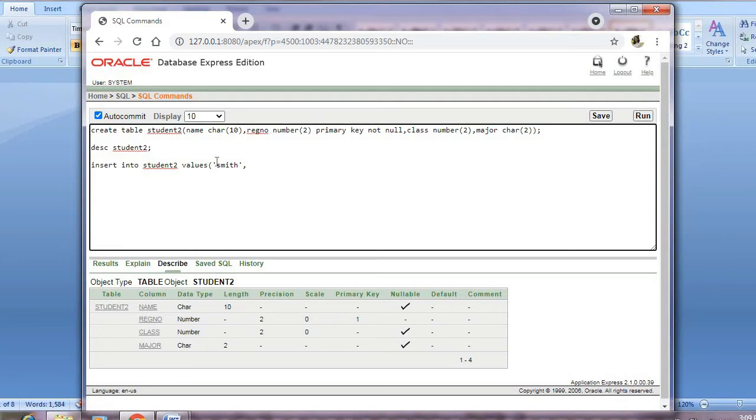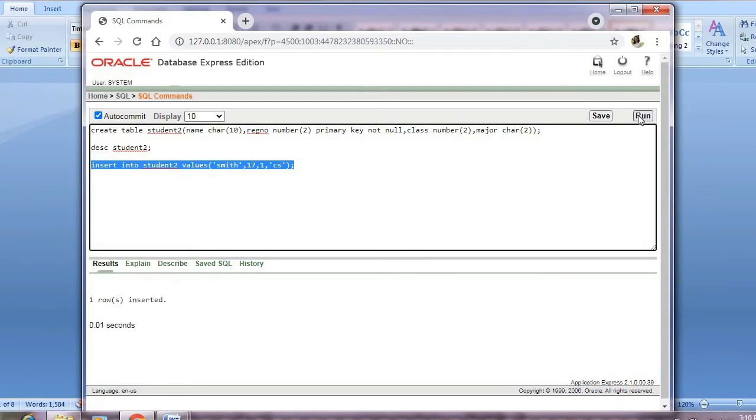Then we have register number, the register number is 70, then comma, then the class is 1, then we have major, again it is a character, put it in single quotes, that is CS, then close the quote, close the parenthesis and put a semicolon. This is how I'll be inserting a record into the table. I'll select that particular statement and then run it. See here, it is showing one row inserted.